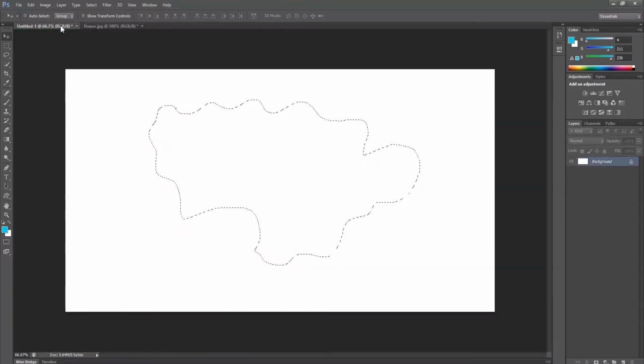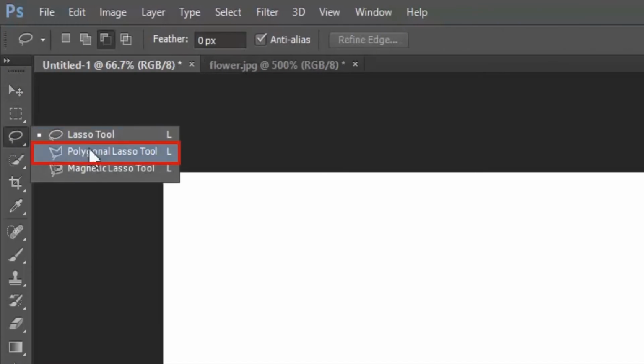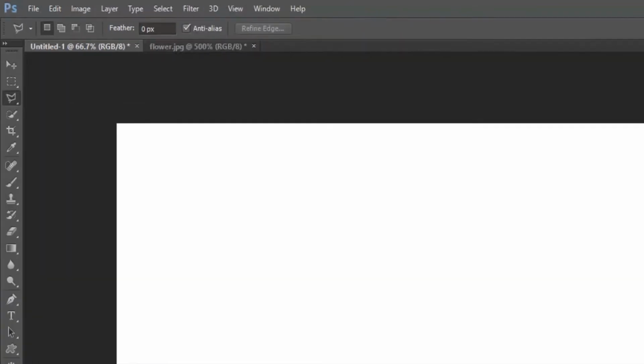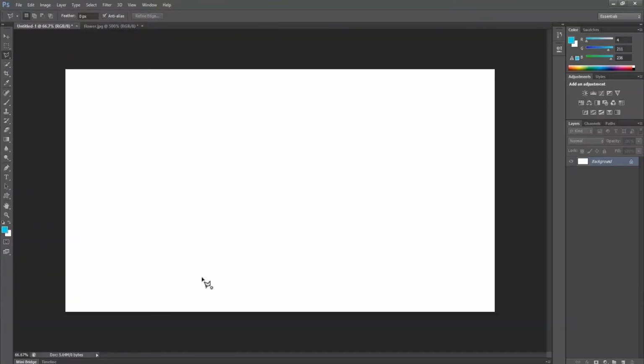Now moving back to the lasso tools, the next one is polygonal lasso tool. Polygonal lasso tool is used to make straight line selections. Just select the tool, click on the document, move your cursor, click, move your cursor again, click.